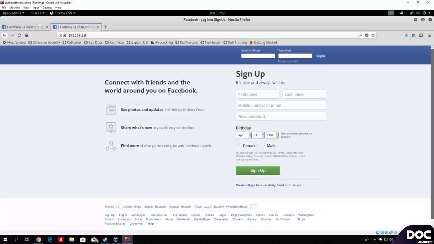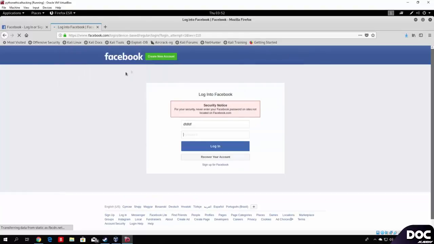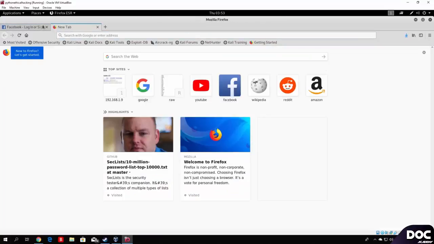So, for example, if a user wanted to visit some HTTP login page, you could actually redirect them to your fake login page right here, where after they specify some username or password, you can sniff their packets. As you can see, once they specify the wrong username and password, they even get redirected to the real Facebook page. So, this was basically a tutorial on how to clone a page